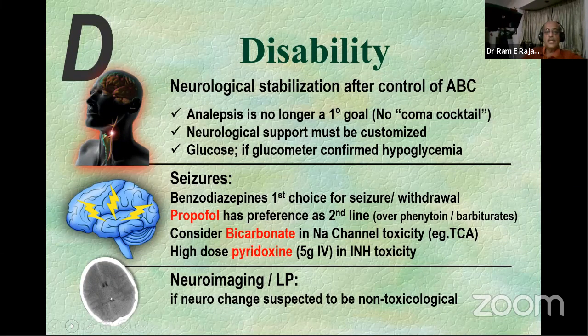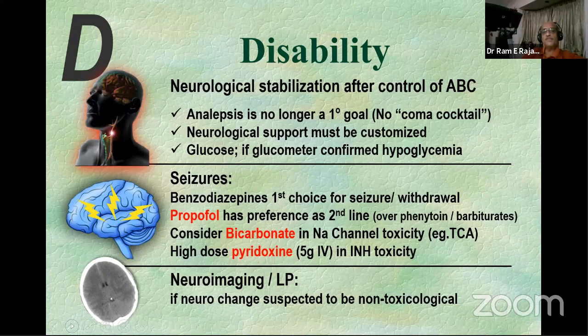Now, we need to understand that in many of these situations seizures will be provoked, but in many of these kinds of situations, the treatment of choice is certainly not phenytoin or barbiturates. The benzodiazepines continue to be the first choice for a seizure associated with either the medication or its withdrawal, with propofol as a second-line agent. Most people would not use phenytoin or barbiturates because, again, it's going to be a short-term requirement and you don't need to continue the anti-epileptic medication for very long periods of time.